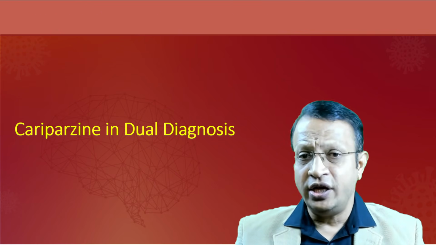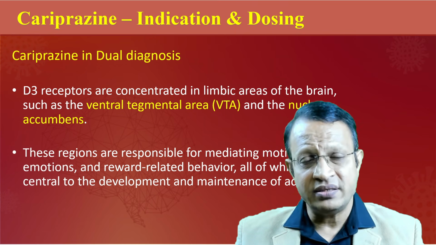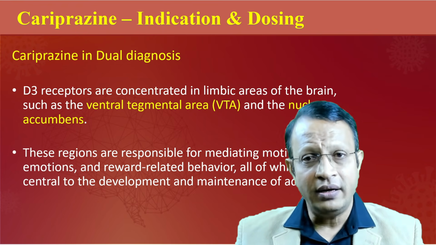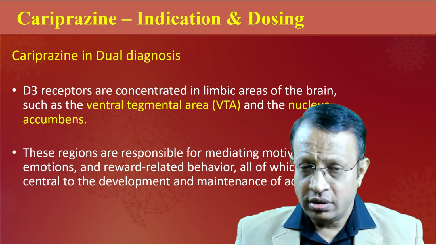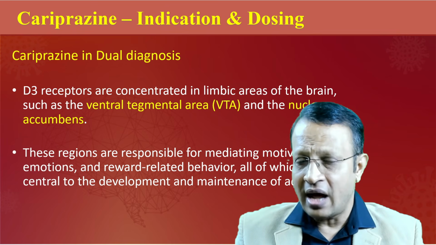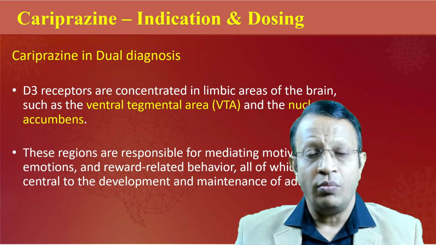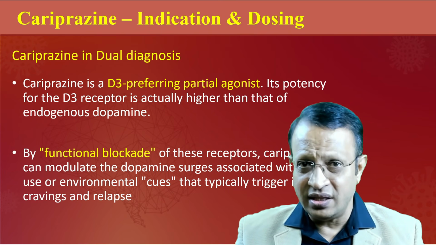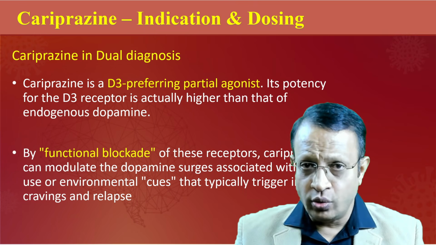What about the cariprazine in dual diagnosis? D3 receptors are concentrated in limbic area in the brain, such as ventral tegmental area and nucleus accumbens. These regions are responsible for mediating motivation, emotion, reward pathway. That means this VTA, nucleus accumbens, and limbic area are important for substance abuse, maintenance of addiction, motivation. Hence, cariprazine acts on these D3 receptors present in this area, and it is a preferring D3 partial agonist, with high potency towards D3 receptor,